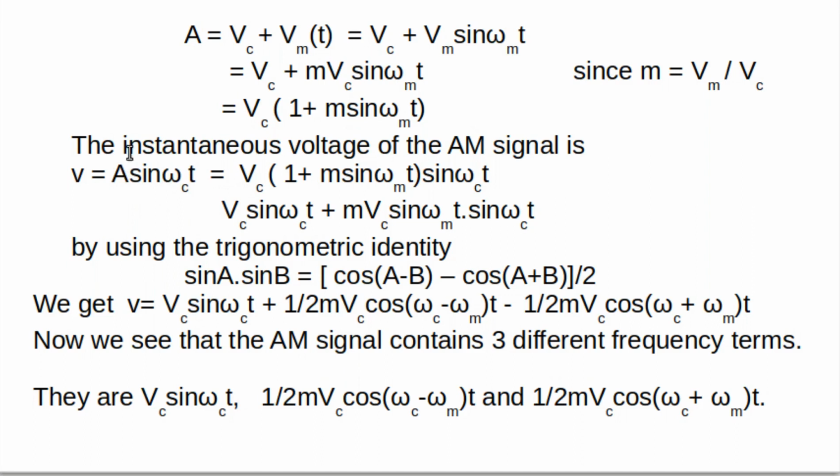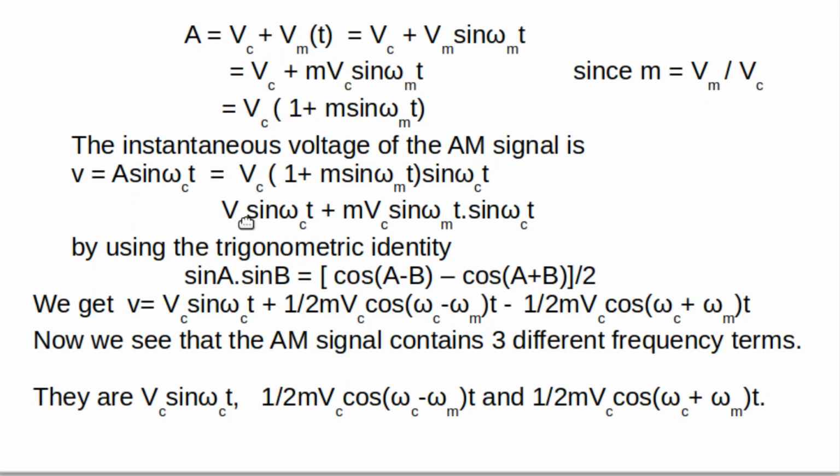Now the amplitude of the AM signal is Vc into 1 plus m sin omega mt, that we are writing here, into sin omega ct. This equation comes from the basic equation of the sine wave, but this is a modulated carrier, so its amplitude has been changed. That change is shown here. Since the message is added to the carrier amplitude, the amplitude of the AM signal is like this. So that term is taken here to represent the amplitude of the AM signal. The remaining part is the same sin omega ct.